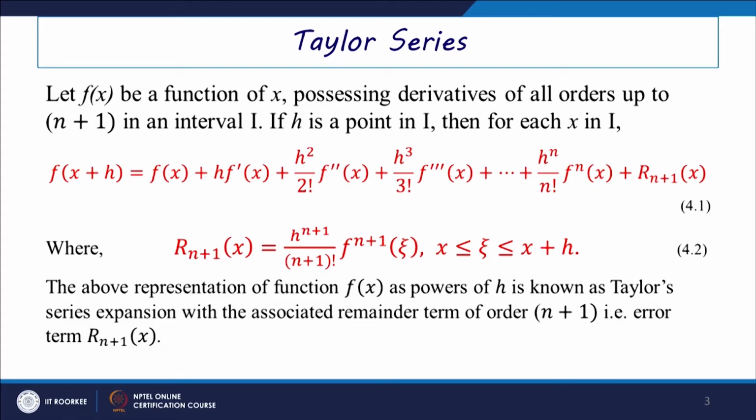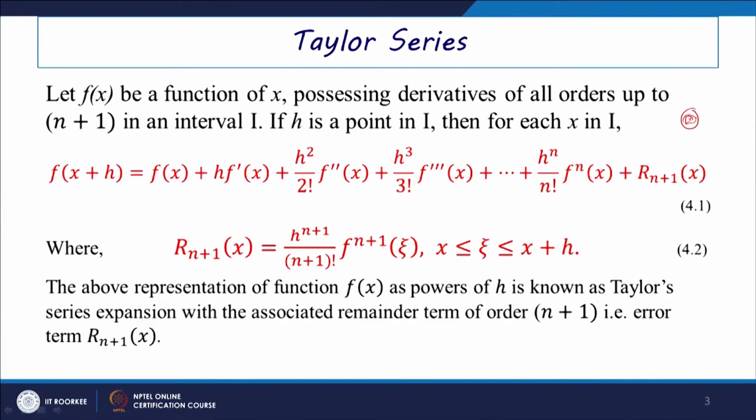Especially, the statement is: let f of x be a function of x possessing derivatives of all orders up to n plus 1 in an interval I. Suppose h is a point in I, then for each x in I, we can expand this Taylor series at all of its neighborhood points if the function is continuous along all of them. So if h is a point in I, then for each x within that particular interval I,